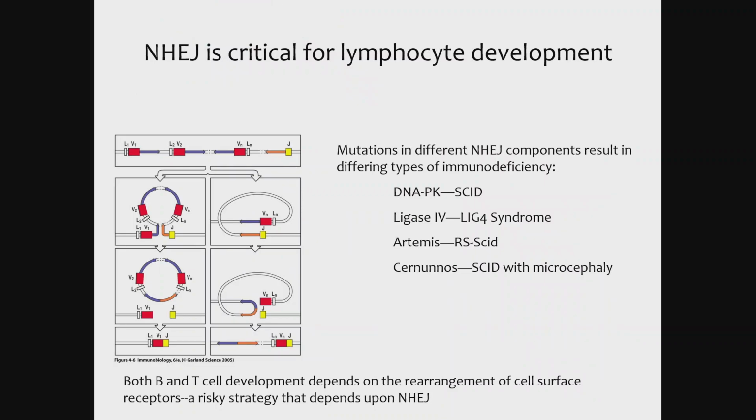Non-homologous end joining is critical for lymphocyte development. So we will cut the DNA, but of course in this case we don't need homology, right? We are generating a new sequence and we don't need the other pathway, homologous recombination. We just want to put together the fragment that we took out back again and generate this sequence for antibody